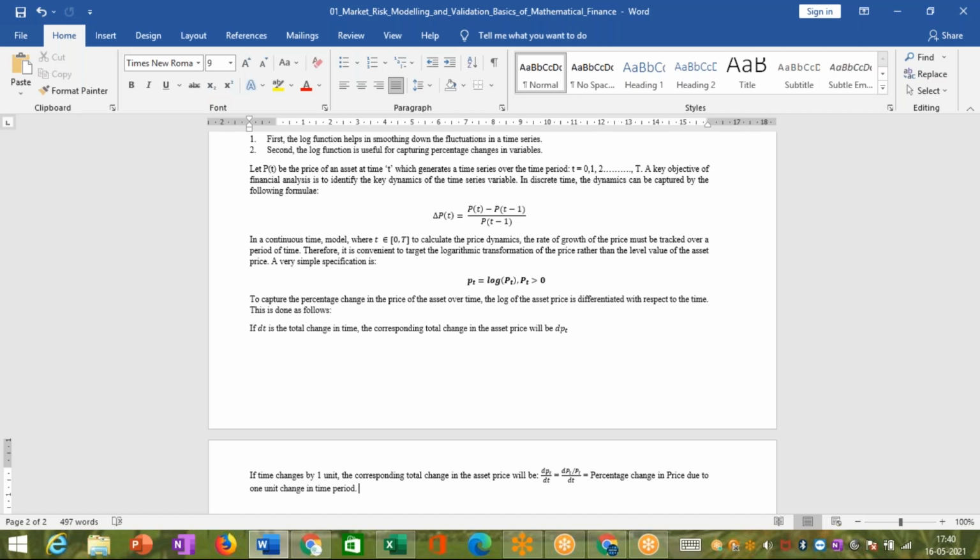So over here, I'm saying an asset price. It could be any asset. It could be a derivative. It could be any hedging instrument whose prices fluctuate, or any traded asset. If you are talking about an interest rate and you are trying to assess the dynamics of the interest rate, then again you can take the log of the interest rate